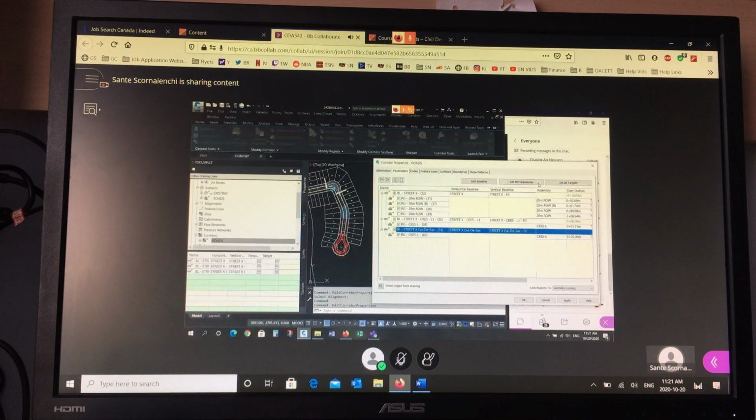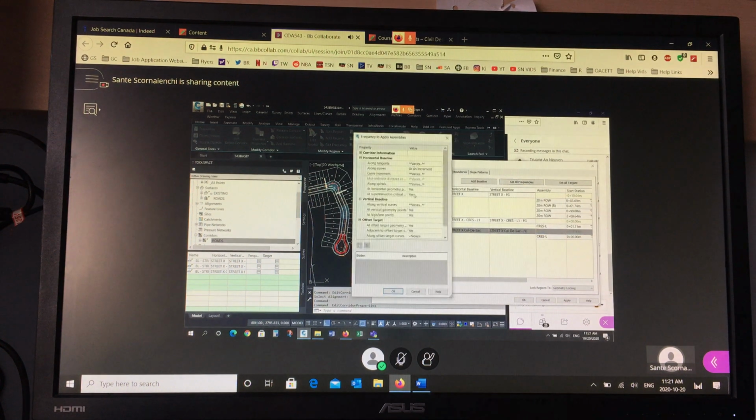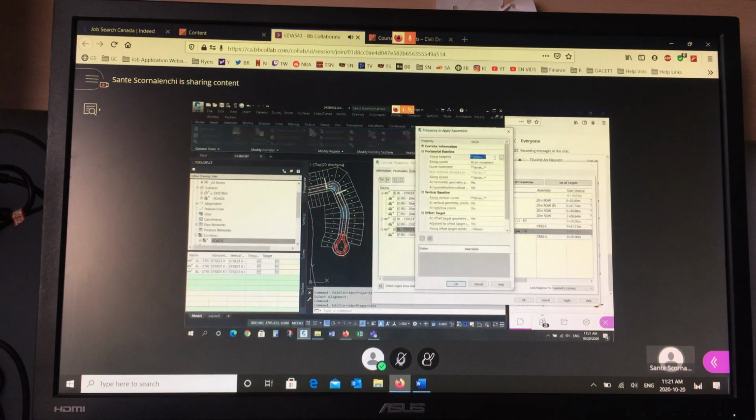So if you go to, I'm going to set all the frequencies again, right? So they vary because by default they're all 25. I suggested always use 3 on the tangents and 1 for any type of curve. Okay, there are no spirals, there are no vertical curves, but it's just a habit. Make all the curves 1, make all the tangents 3. Say OK,